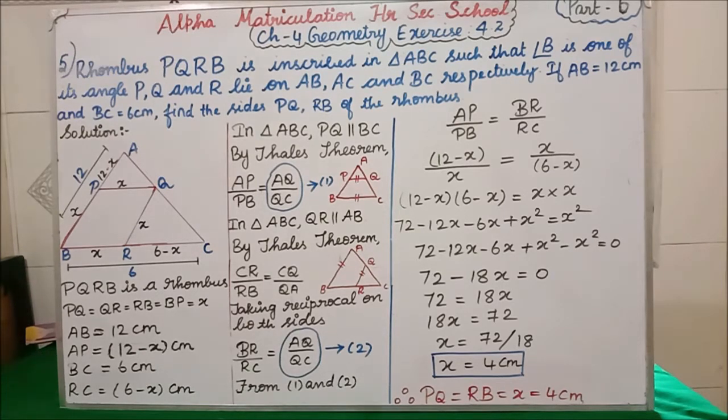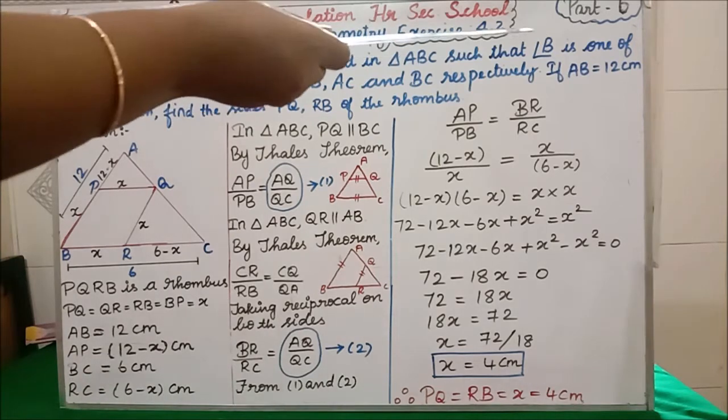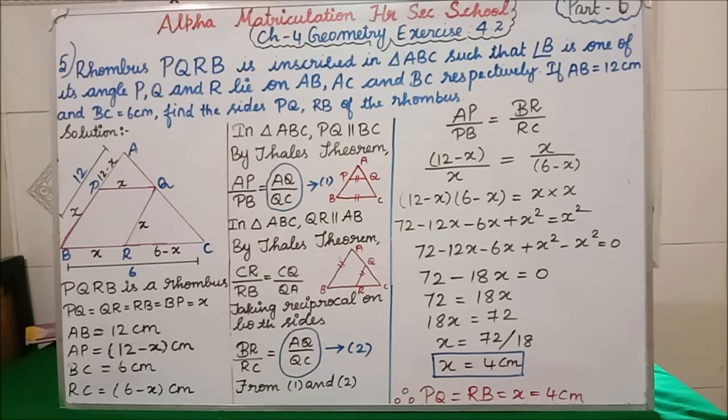Then similarly, this full length AB they have given in the question as 12 centimeter. AB full length they have given as 12 centimeter. We have taken PB value as x centimeter. But what is the remaining here? 12 minus x is the AP value. Clear? When you add both, 12 minus x plus x, what will you get? Minus x and plus x will get cancelled. Remaining we are getting 12.